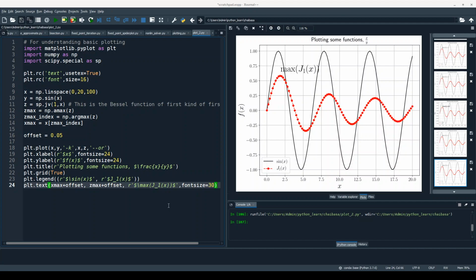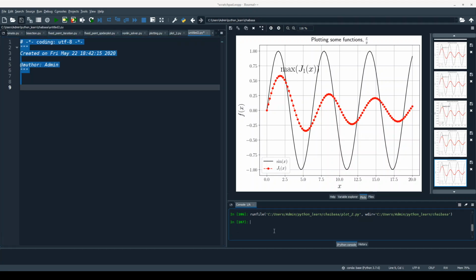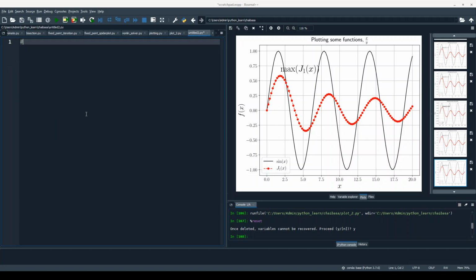So let us make a new file. Let us first reset all the variables. So this will be to perform root finding using bisection method. Okay, perfect. Let us save the file as bisection.